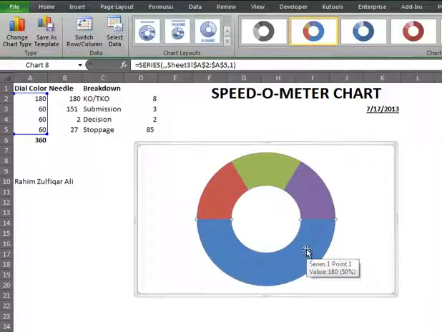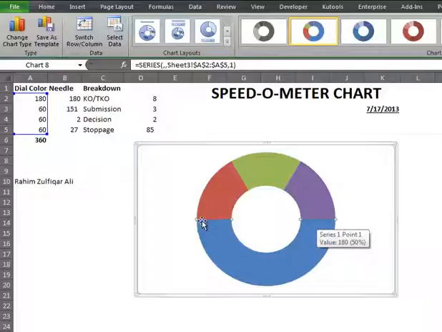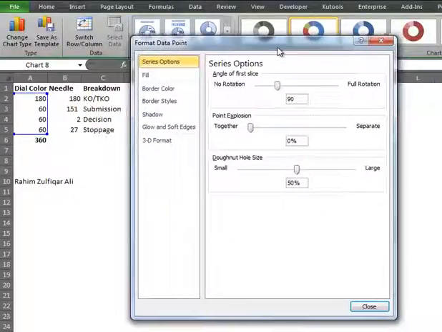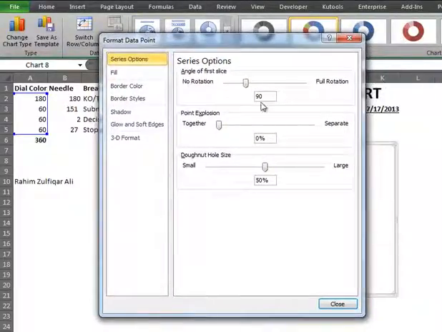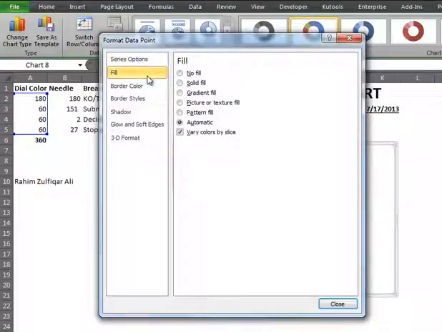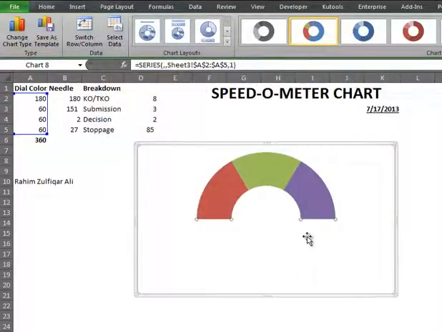And now we have to make the bottom area of our donut chart disappear so that it looks like a 180 degree chart, and we just need these three areas to use in our speedometer chart. So we will select the below series only and double click on it, and then you will again see a series option window. Go to fill and select no fill and press close. As soon as you do this step, the below portion will disappear.